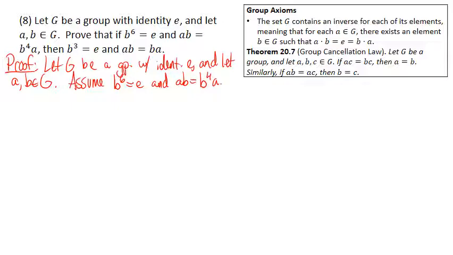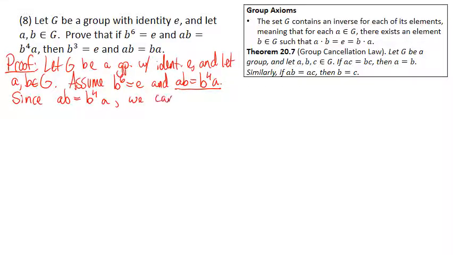Okay, so this problem is actually a little bit tricky. But let me show you how to do it. So I'm going to use the second equation first, and move a term around, or move the a on the right-hand side to the left-hand side, or in other words, I'm going to multiply both sides by a inverse. So since ab equals b to the 4th a,